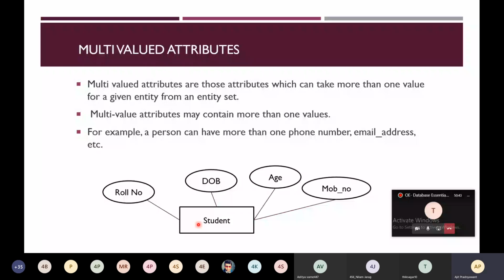Or one particular student will have 2-3 email IDs. So this is a multi-valued attribute. And this multi-valued attribute is represented by using this double ellipse. This notation indicates it is a multi-valued attribute. While drawing the ER diagrams, you should draw a double ellipse for the multi-valued attribute.